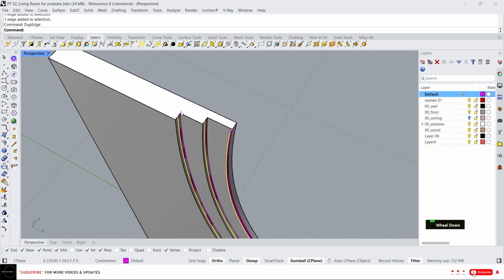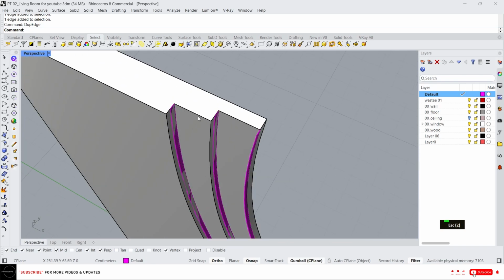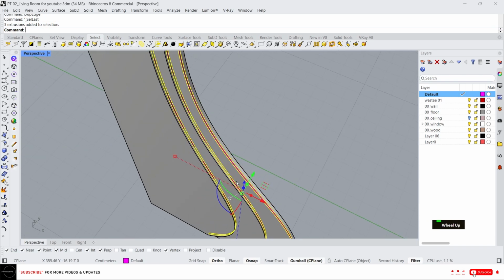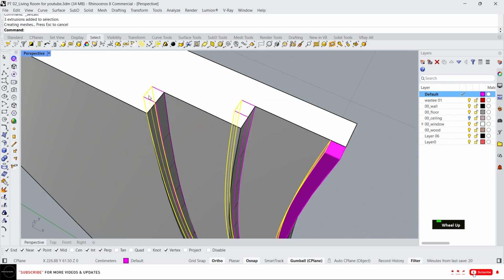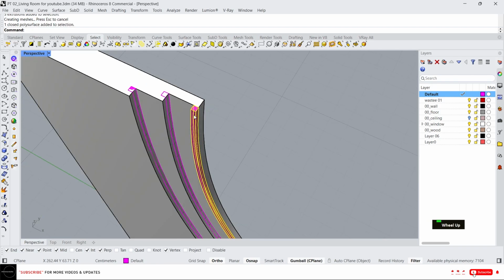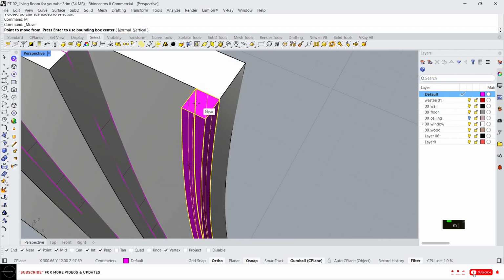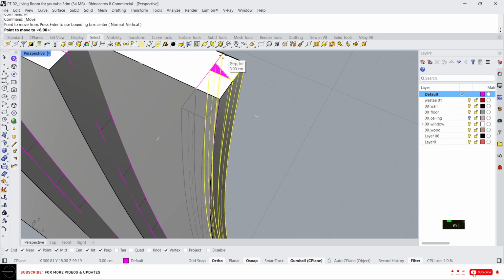So now we have this thing, and I also wanted to give a thickness on this side. So this one should be here. Okay,